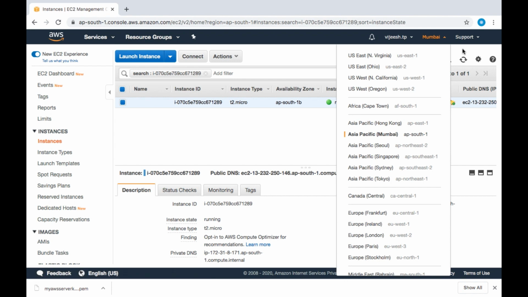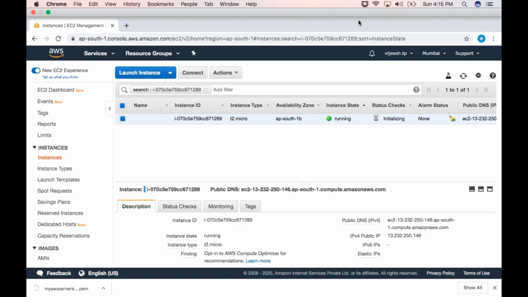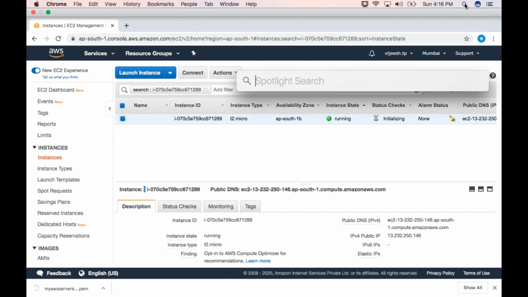Okay. Now I want to connect to that particular Ubuntu Linux instance from my computer. I'm using a Mac operating system. So I'm going to connect from my Mac computer to the Ubuntu server running in the AWS data center.